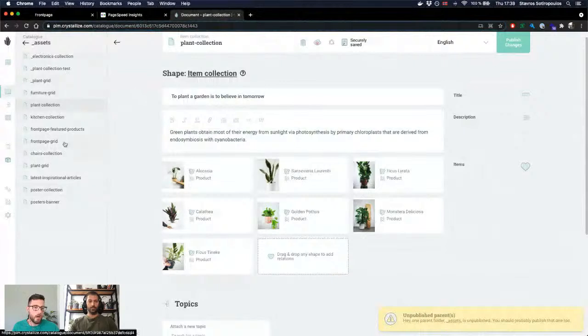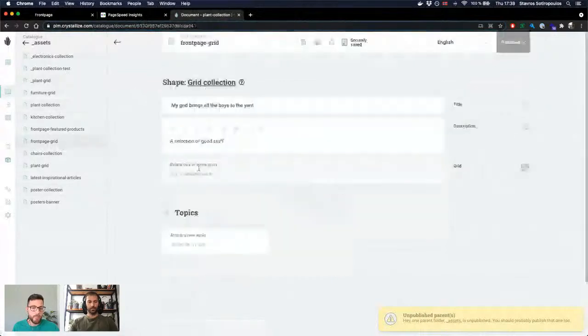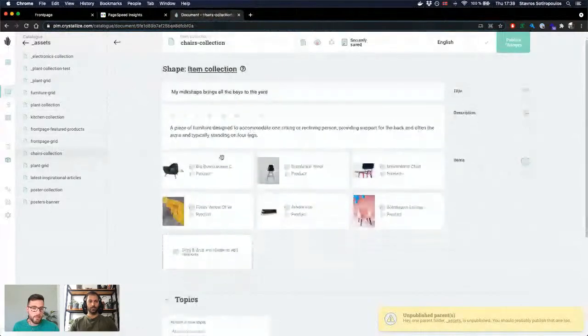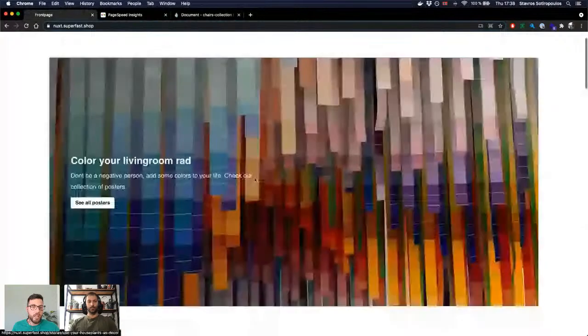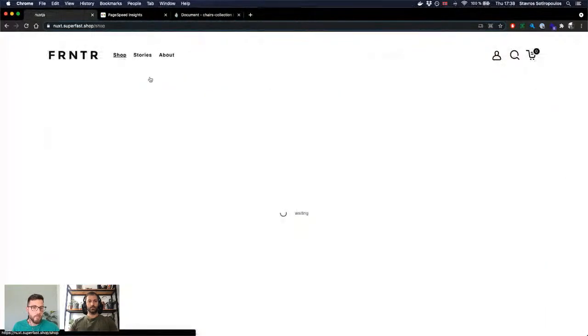So if you got another grid, it's pretty much following the same. Well, that's pretty empty. But let's say another item collection, this one that has chairs, for instance, pretty much the same concept, that you can stack it on top of each other to make this beautiful front page that we saw here. And if you dive in a little bit further, so you got your shop, which is basically